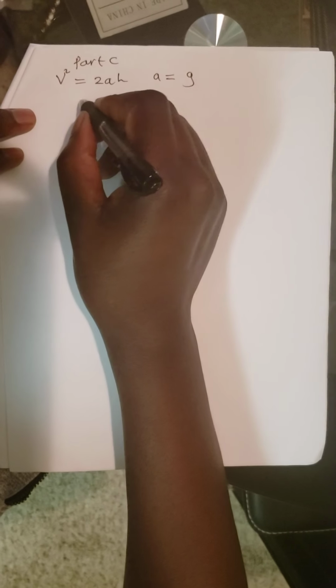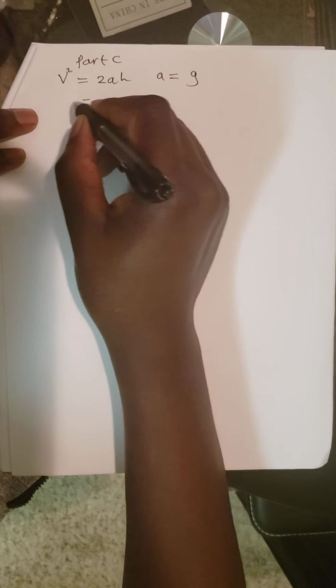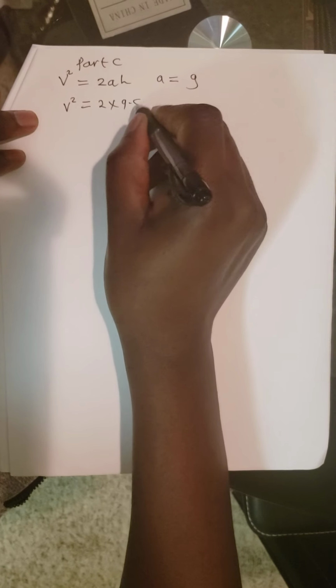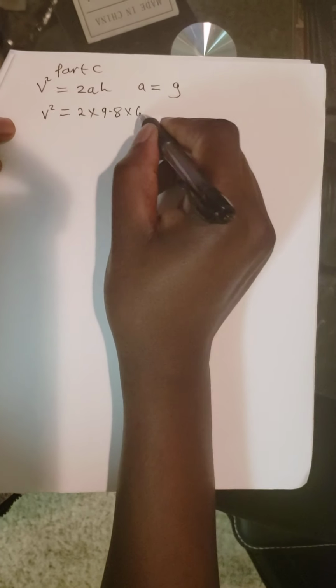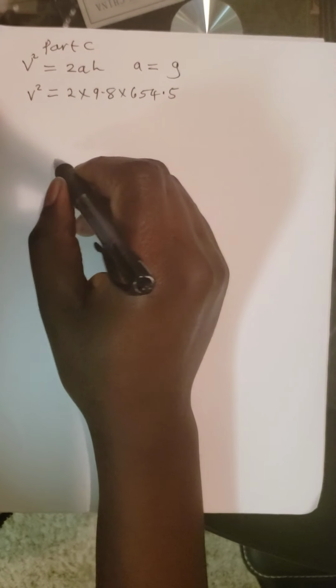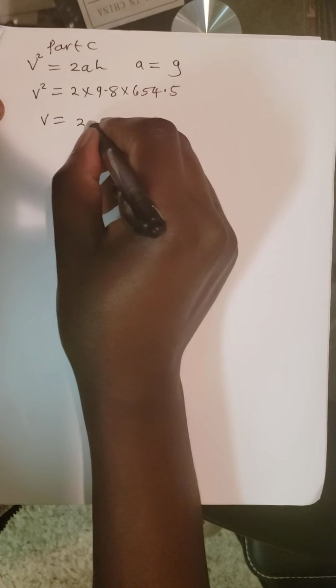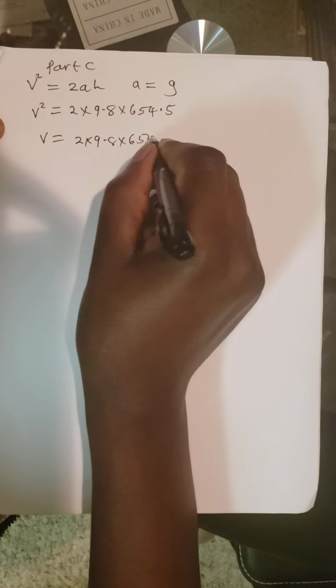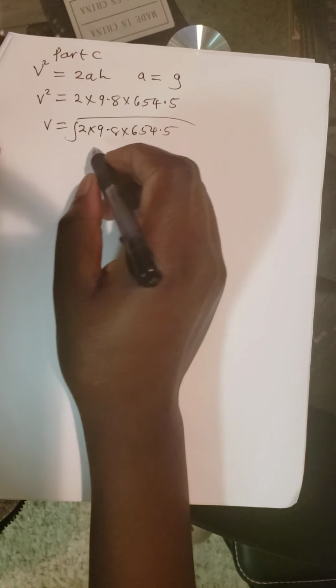So V squared is going to be 2 times 9.8 times 654.5. So V is going to be the square root of 2 times 9.8 times 654.5, and this is giving me